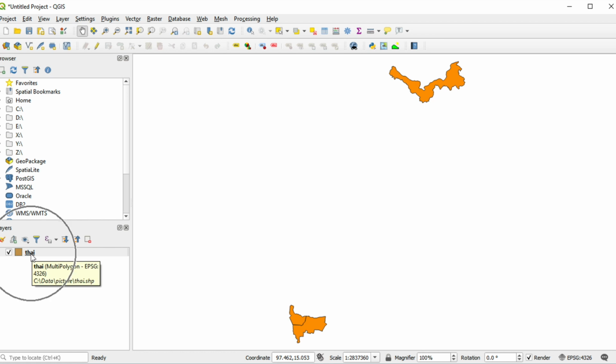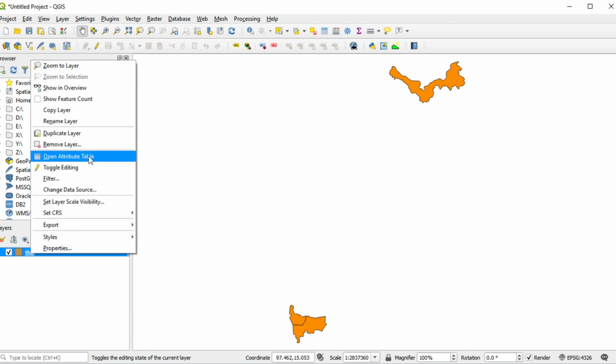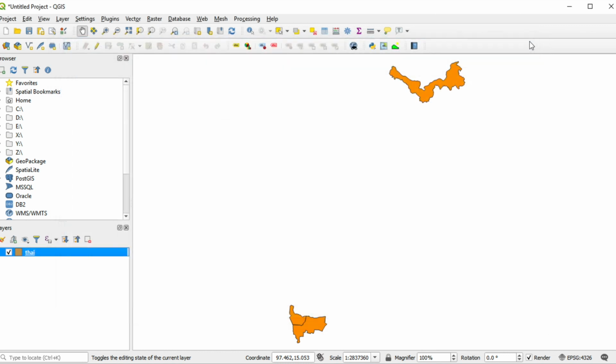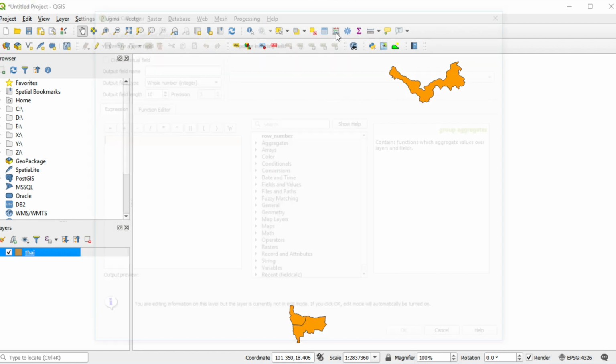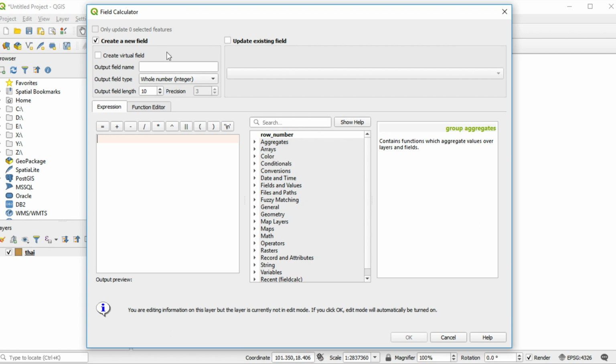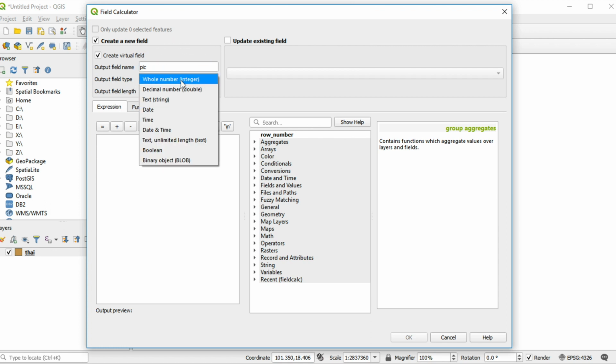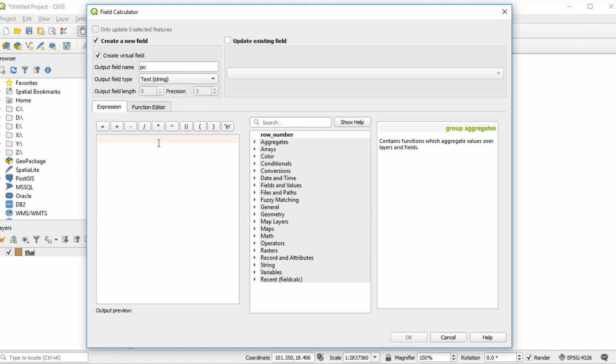Before I generate a new column, I will show you the existing data. It has GID, name_1 and picture. Now I will generate a new column. Click on Open Field Calculator. Click on Create Virtual Field and the output field name is pick. Field type: string.